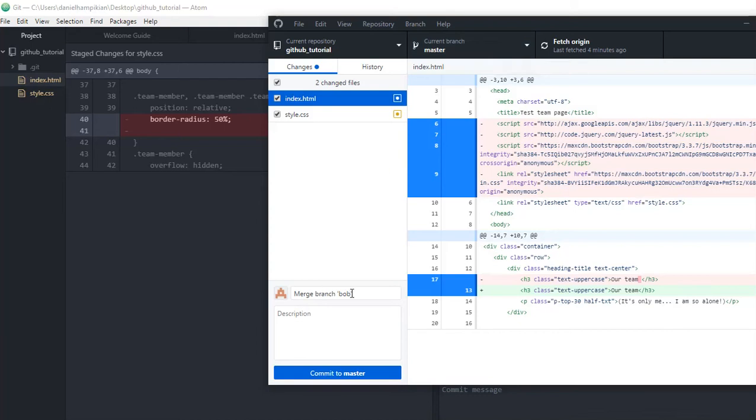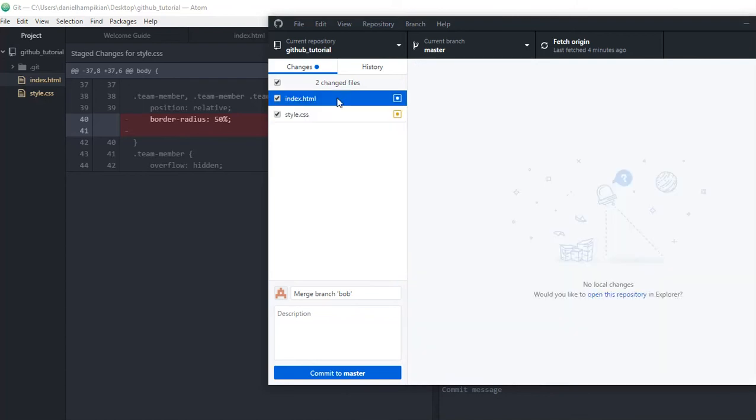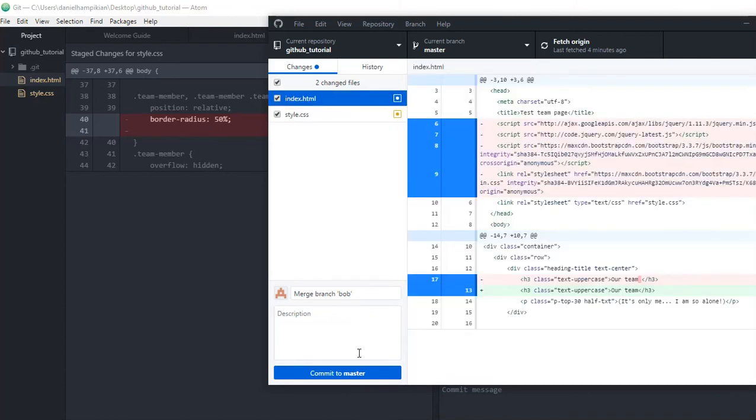Master branch, and we're merging branch Bob into the master branch, and there are these deletions here that we don't want, and this one deletion here that we do want. So we want to selectively merge things here, and then once we commit them,